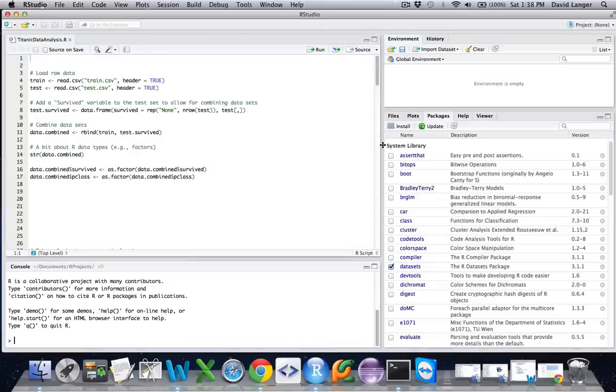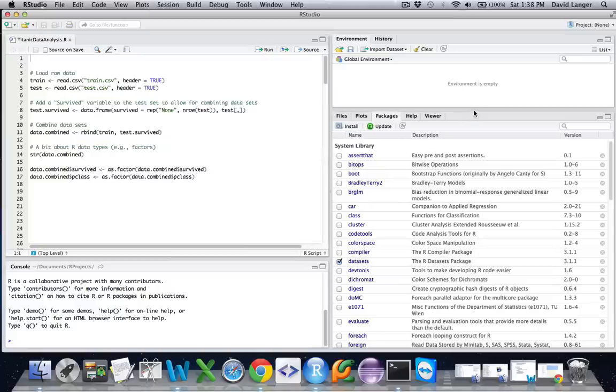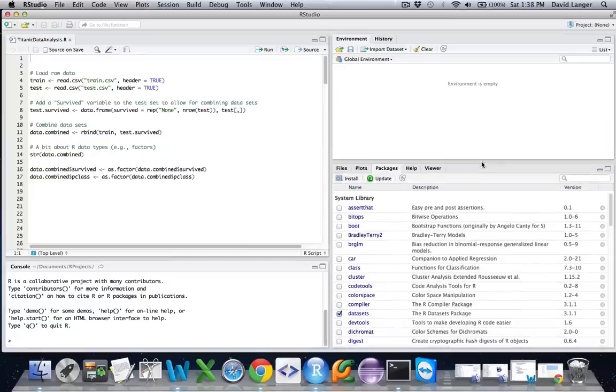Okay, so here's RStudio. Maybe some hardcore R people may think I'm kind of a weenie for using RStudio. I, however, love RStudio. It makes R much more usable, much more user-friendly. And that's actually a concern: R is not exactly the most friendly programming language in the world, but it is extremely powerful.